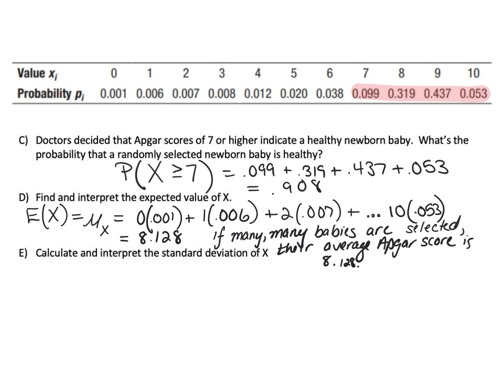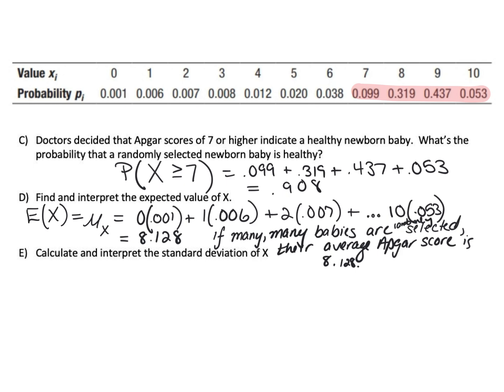So again, this is the idea that I'm taking many babies. So if many babies are, I should probably say randomly selected, squeeze that word in there, their average APGAR score is 8.128. So no baby gets that score. They're whole numbers that are given out, but this is the average, so make sure you report it as a decimal. So when we go to calculate and interpret our standard deviation,